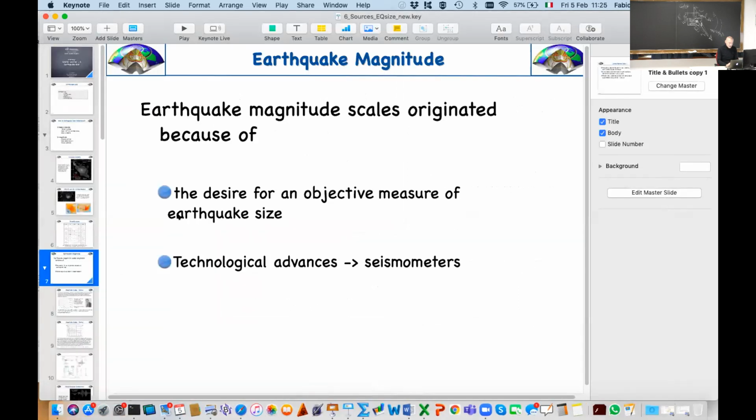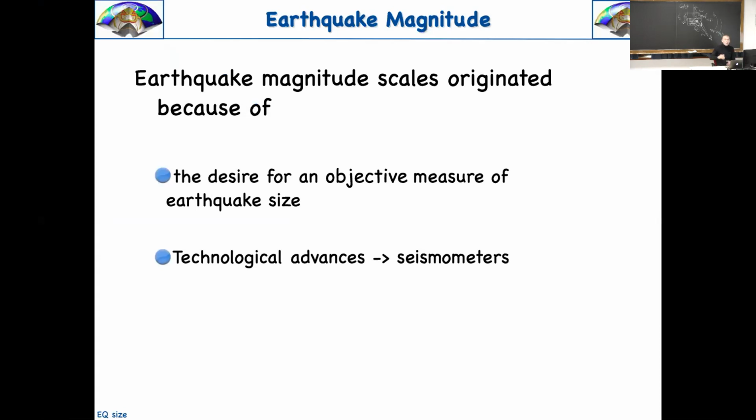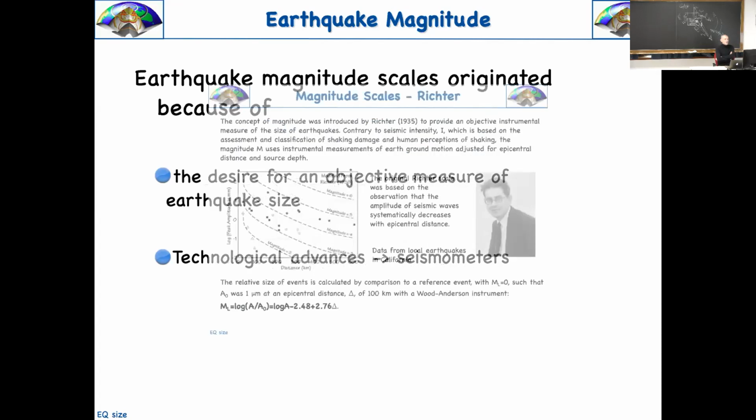But today's topic is about something a little bit different, because it's an idea to overcome this definition and to go directly to the energy that can be released by an earthquake, and to express it as a single number, even if it is pretty much impossible, but to have an idea of the energy using a single number, not many numbers as intensity degrees in an area. And the idea was to use the technological advance that we explored during the last lecture. We can call it seismometry. And here the history starts,